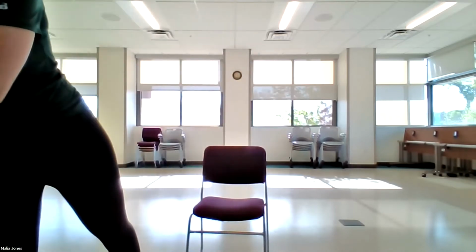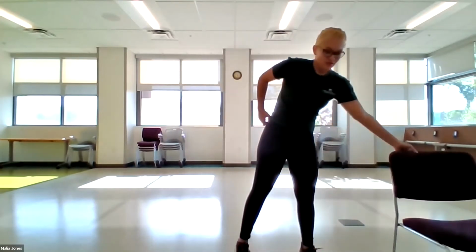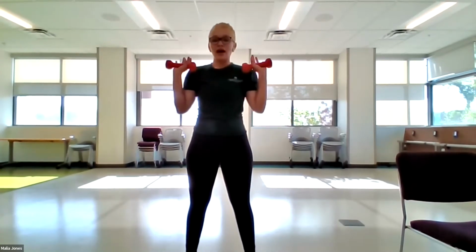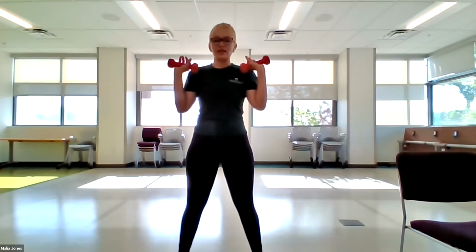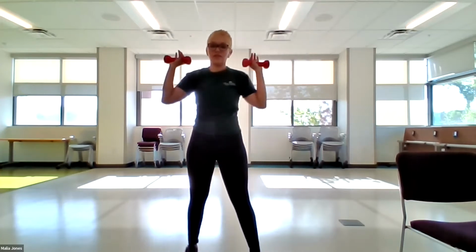We're going to do our compound movement. Move your chair if you need to. And with this squat to press, you can hold your dumbbells in a few different ways. I typically hold them here. You can hold them here and just move them out when you're going to do the press. Whatever's comfortable for you with holding the weight and squatting at the same time. All right, we got 10 of this. Here we go. Good. That's 1,